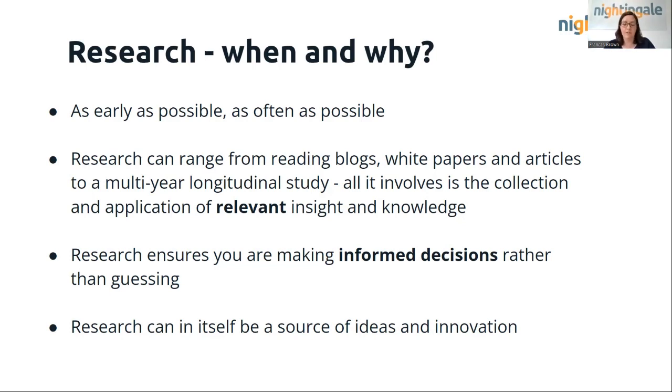And research can range from reading blogs, white papers, articles, to a multi-year longitudinal study. So it can go from very, very simple to very, very complicated. Research is always seen as something quite academic, quite hefty, quite onerous, quite long-winded, but actually research can amount to asking a few questions and getting a few answers. So it's worth keeping an open mind as to what research involves and what you can do to fill that